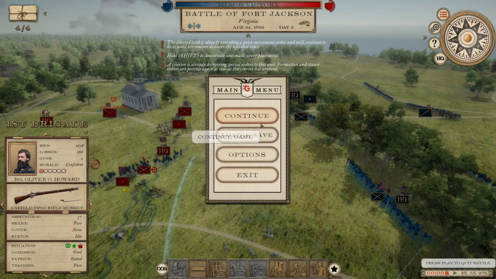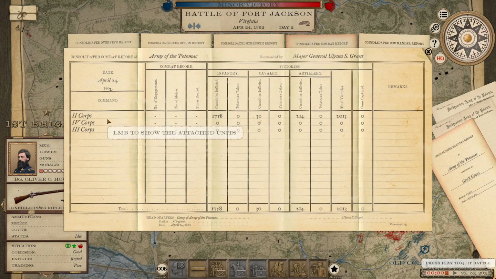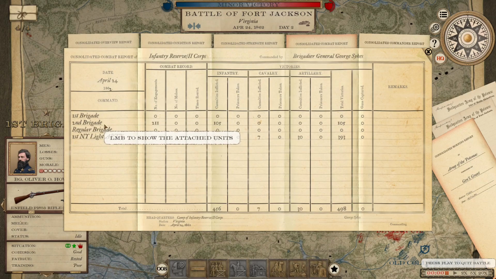Alright, let's take a look at the paperwork here. Once again, it was only 2nd Corps that fought. I did go through and start changing some of the generic names and giving out state designations to some of the units. So 1st Pennsylvania Cavalry did not fight. 3rd Division, which is the Infantry Reserve, I got to change that name still. 1st Brigade didn't fight. 2nd Brigade did 105 to infantry. 1st New York Light Artillery did 351 to infantry, 7 to cavalry, 30 to artillery, for total 393,